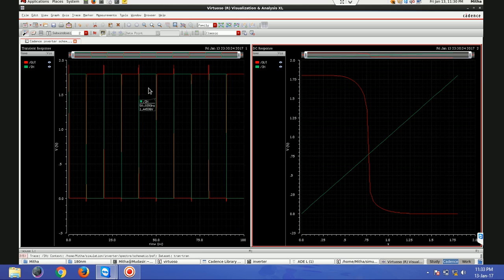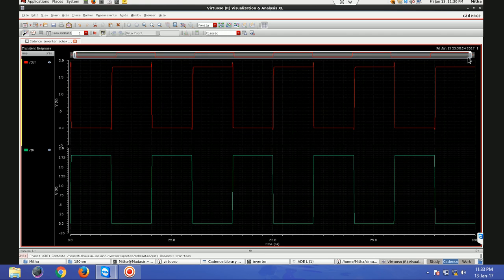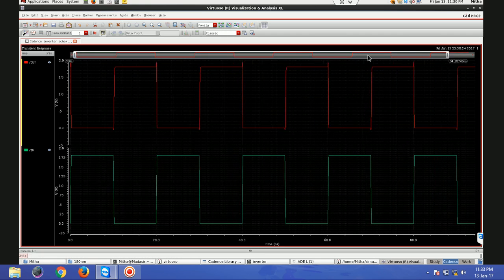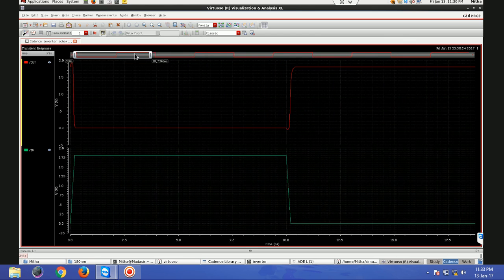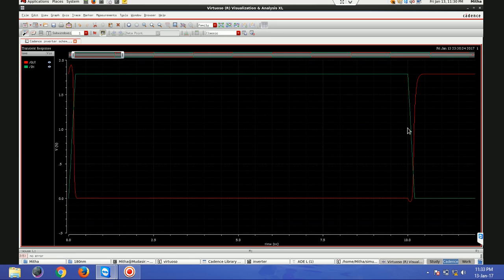So first of all, if I want to see the rise time and fall time of the output, using this I'll split it. Okay, so this is the zoom bar. I'll bring it close. It will show me some there because of the capacitors present. As you can see here, it will show me some rise time and fall time. So for this, what I will do,